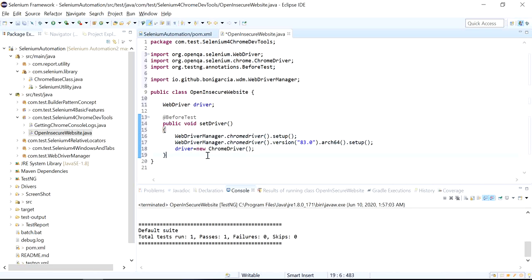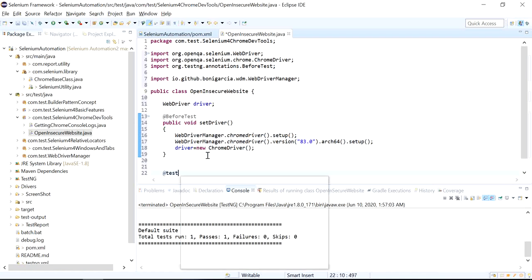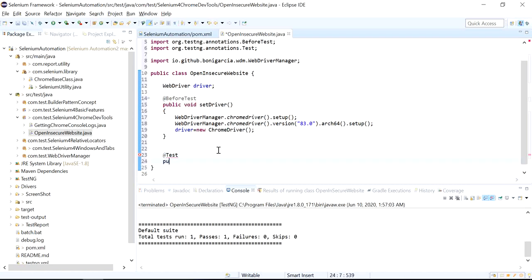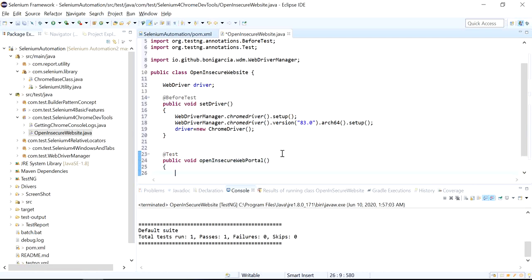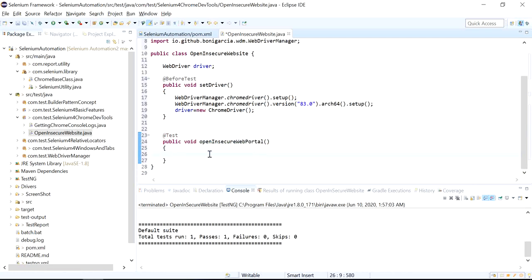Now I'll create a test. I'll say public void openInsecureWebPortal.